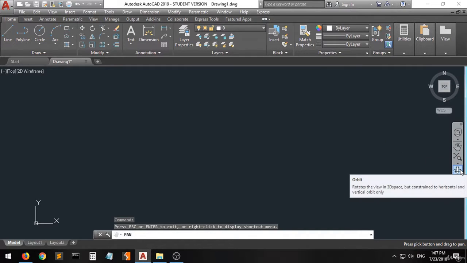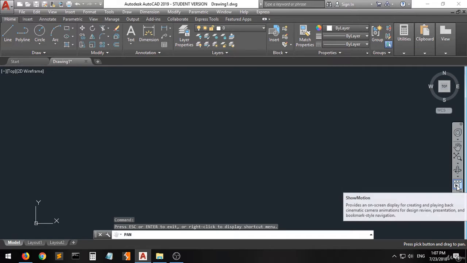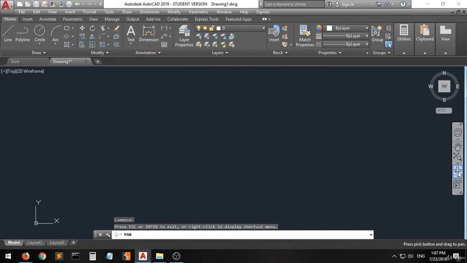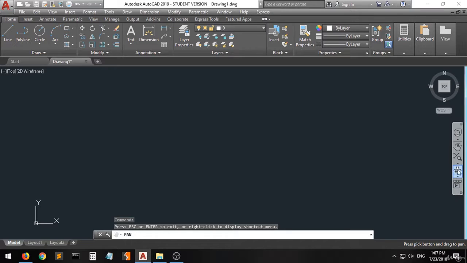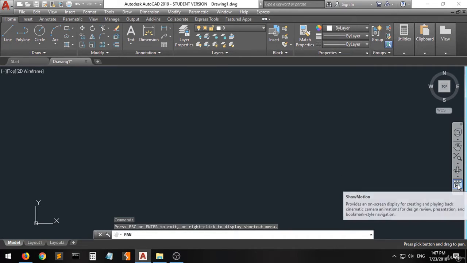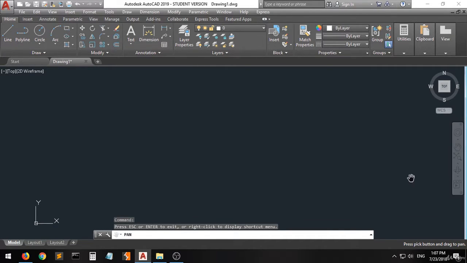Also, we have the orbit and the slow motion. And those two buttons are related with 3D and the animation thing. We're not gonna explain these buttons or commands since we are dealing with 2D shapes. Okay? So, moving down to the command bar,